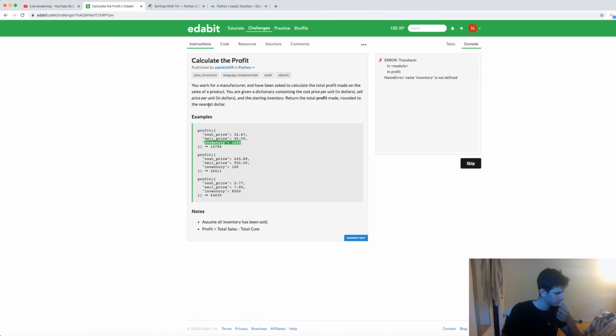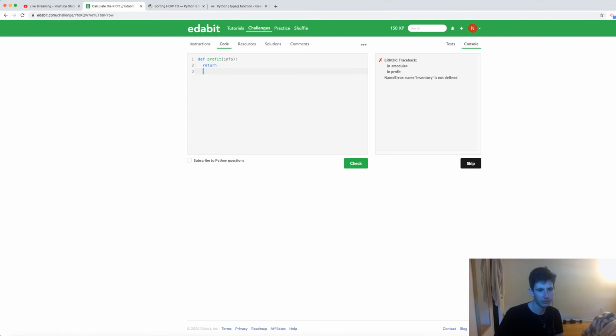So if you really think about it, this is like a list from what I see. It's actually more of a tuple, but that's okay. All right, so remember we have to multiply inventory